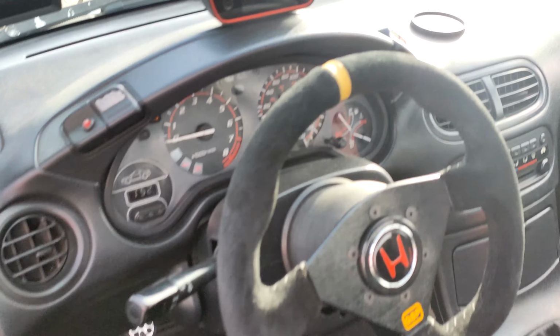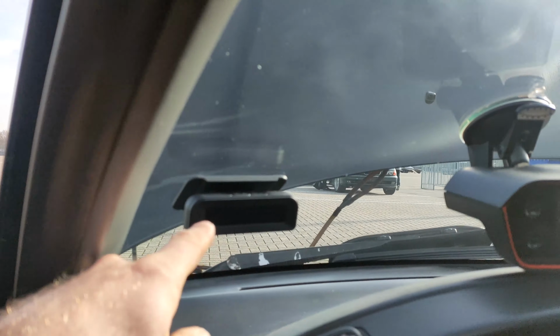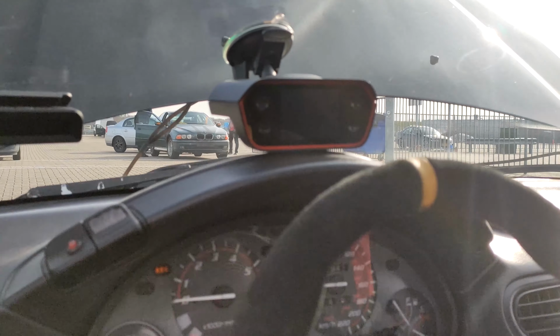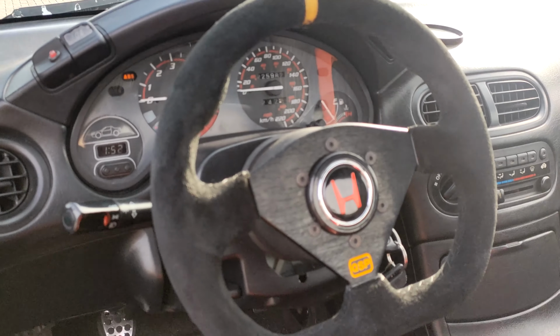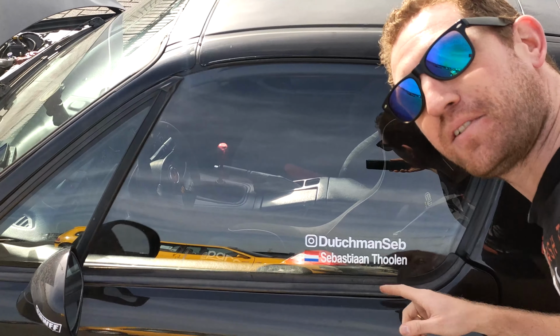That's the race setup over there, we've got with the race box, and we've got the tire temperature sensors here as well, so hopefully we can get some good specs on track. Everything in here looks good and ready to go. Got the helmet rented, got some nice new stickers with my name